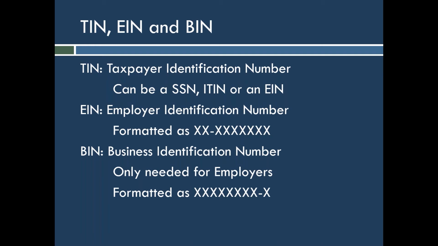An employer identification number, or EIN, is probably one of the most commonly and early encountered tax numbers. It's given by the IRS and it transcends state lines. There's also a BIN, which is business identification number. A BIN is a tax number used exclusively for payroll tax. And if you don't have any employees, you probably don't need a BIN.